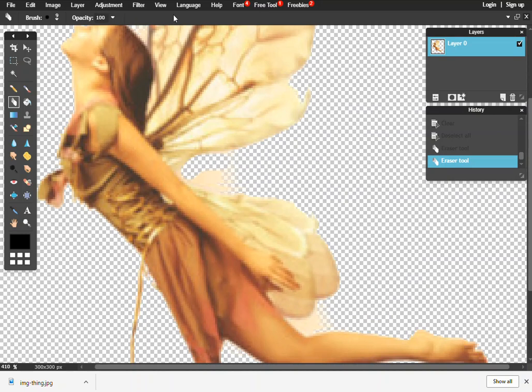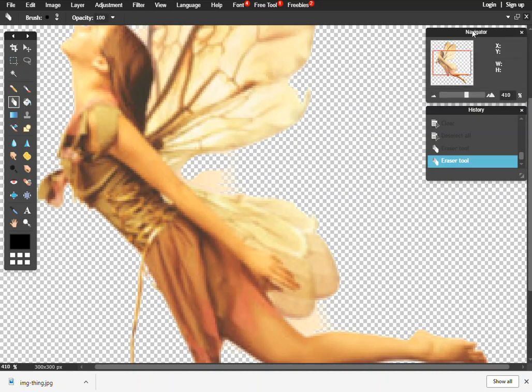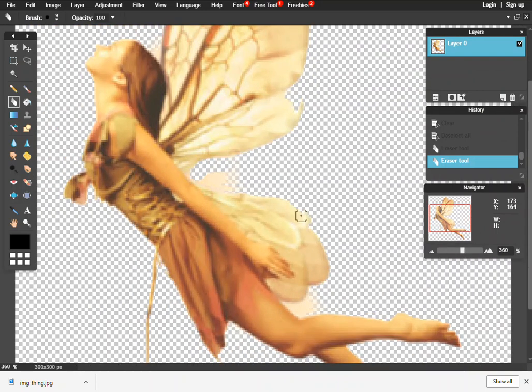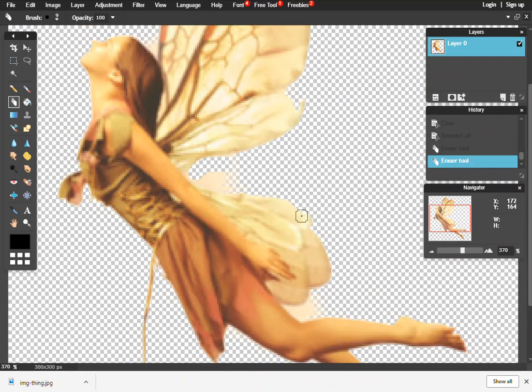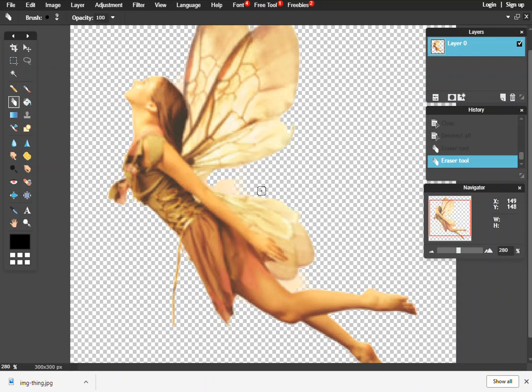Oh, I guess I might have deleted my little view panel here. We got a navigator that you can use. That allows you to zoom in and out. You can also use Control Plus or Control minus to also zoom in or out, or you can always use the roll bar on your mouse. Let's see here. We're going to get a little more of that fairy deleted off,